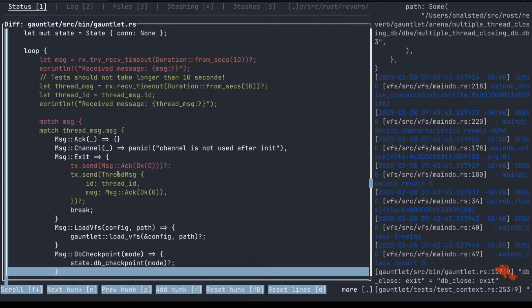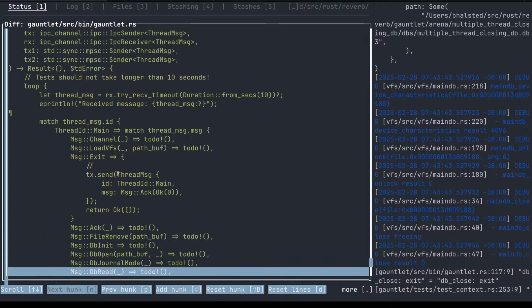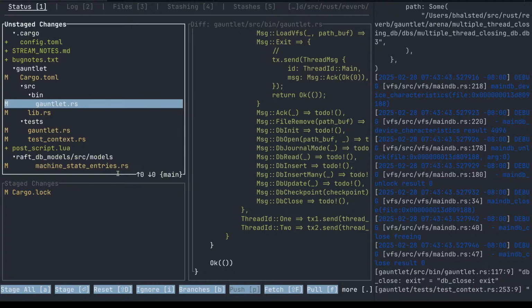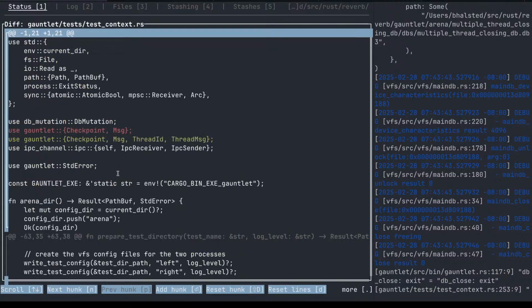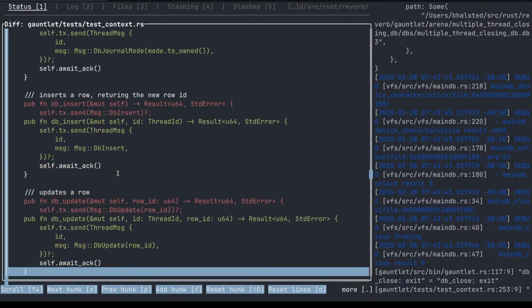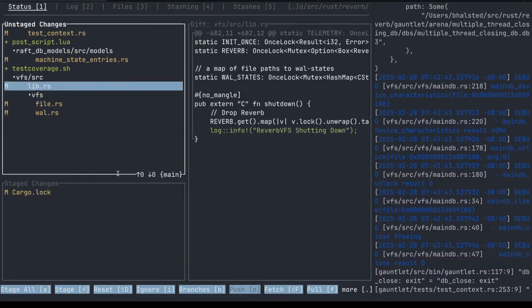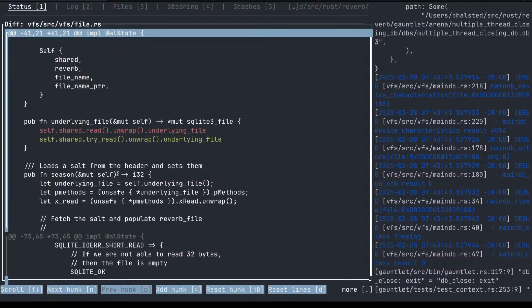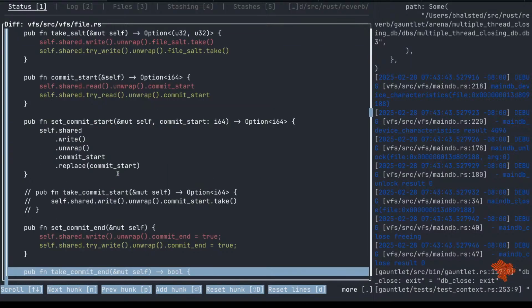Some corrections to the acknowledgements. Thread ID. Oh, that's right. I added these try reads, so I wanted it to error out. Try read and try write.